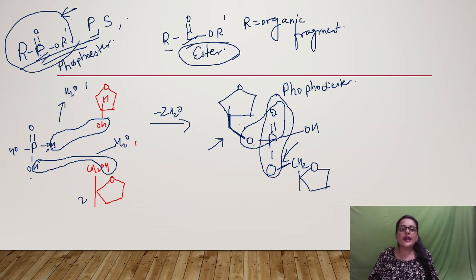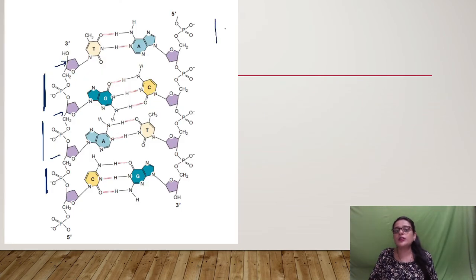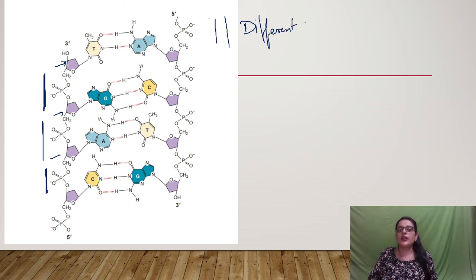And as phosphorus is having 5 valency, one OH will also be present. So this OH is there, and this R and OR dash, you can think of anything, like you can consider this as R and this as R dash. Both the strands are anti-parallel to each other, and they have a different polarity, that is, they have different directions. If this is 5 prime, then this will be 3 prime. If this is 3 prime, this will be 5 prime.